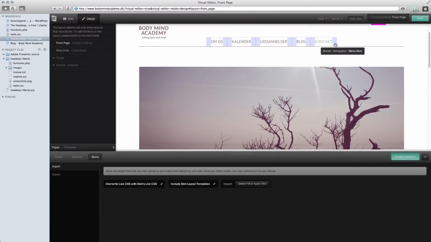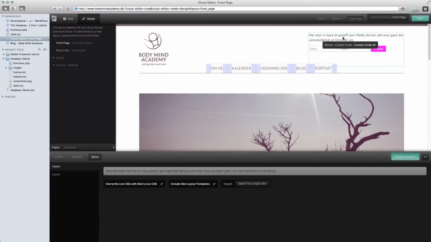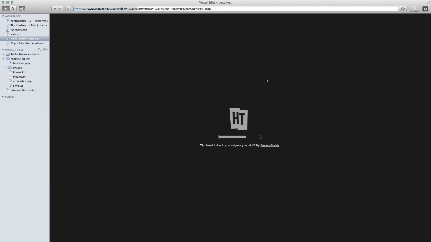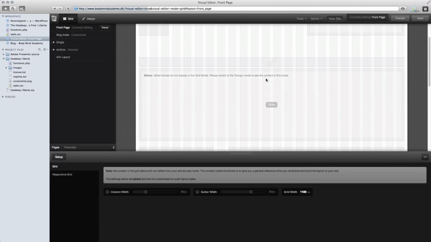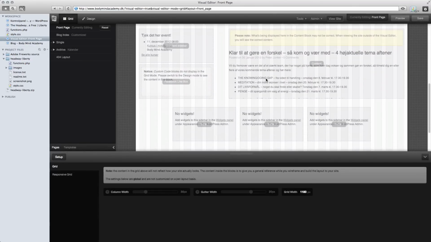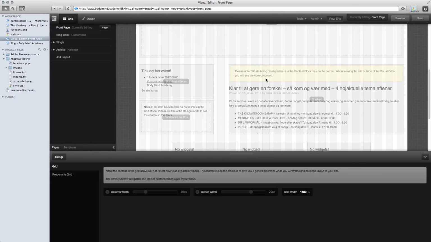Your menus would look like this in the background and so on. You would still have to place your blocks and page elements on the grid, but that's very easy. So it basically gives you a super flexible theme, because in Headway you can just lay out